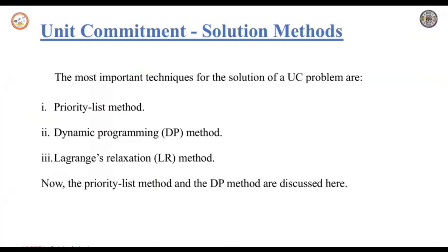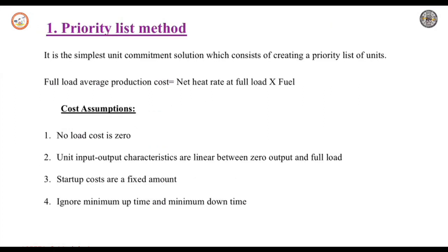There are three methods: priority list method, dynamic programming method, and Lagrange's relaxation method. For your syllabus, you have the priority list method and dynamic programming method. So let us see the priority list method first, then we will move on to the dynamic programming method. So, the priority list method is one of the simplest